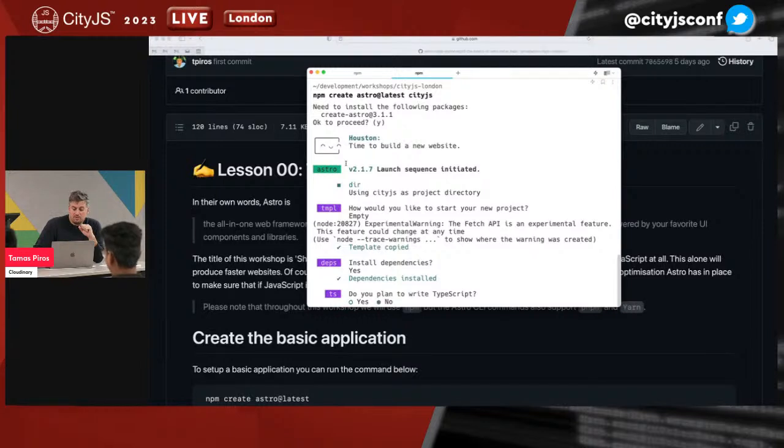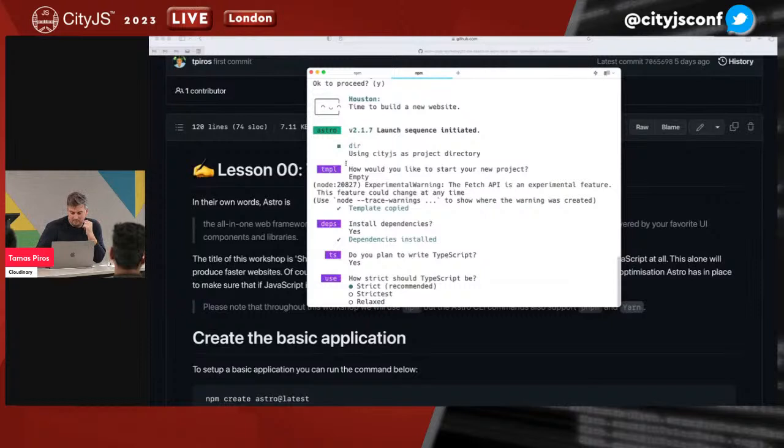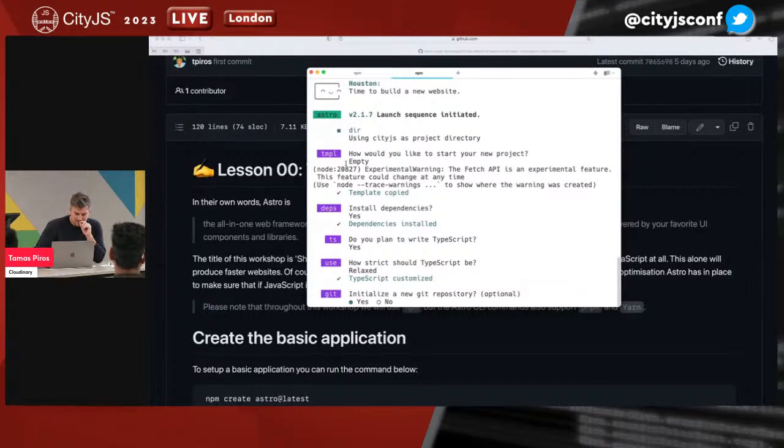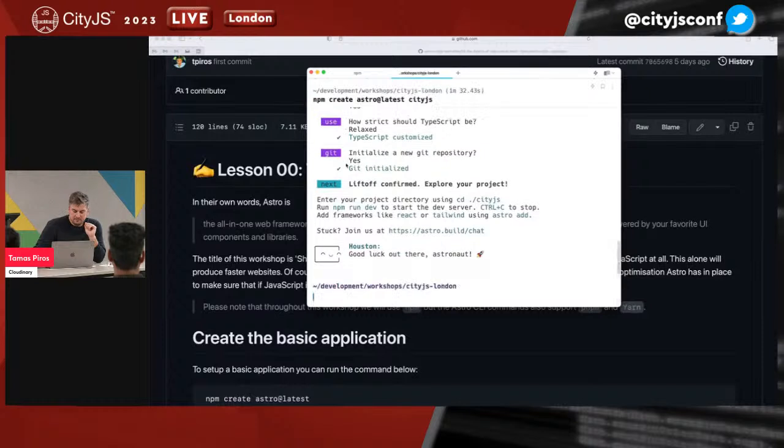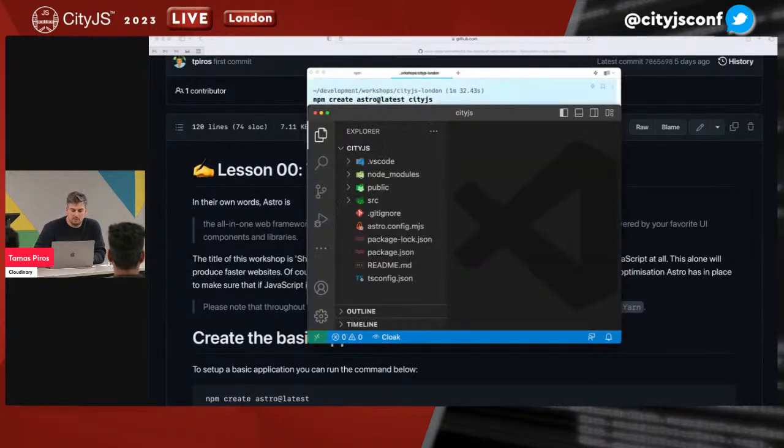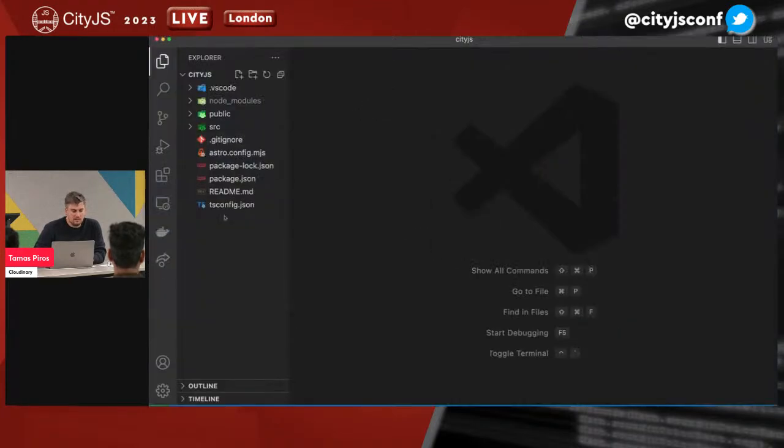Do you plan to write TypeScript? Yes. Just to get things going, relax, talk on TypeScript. Okay. Initialize a new Git repository? Yes, why not? Okay, and then we're done. Right, so now all you need to do is open up your Astro project, and voila, here is everything that